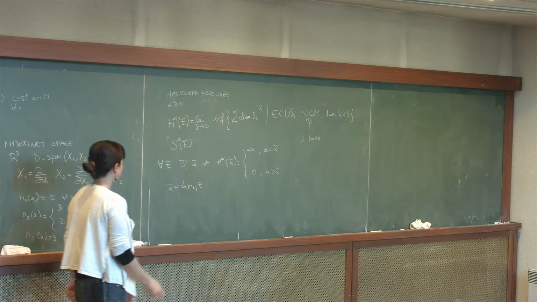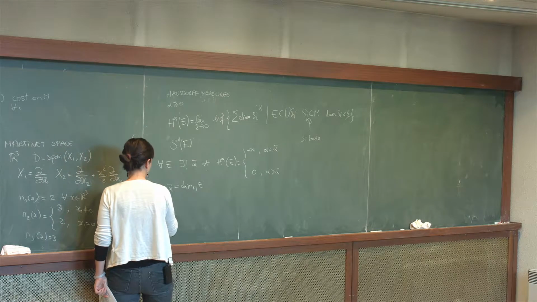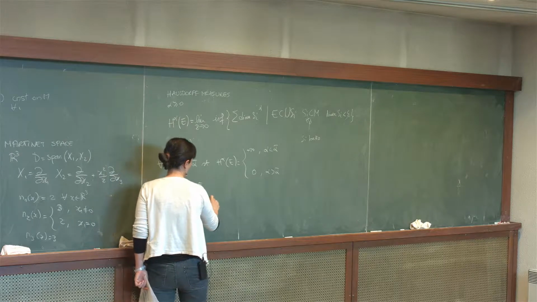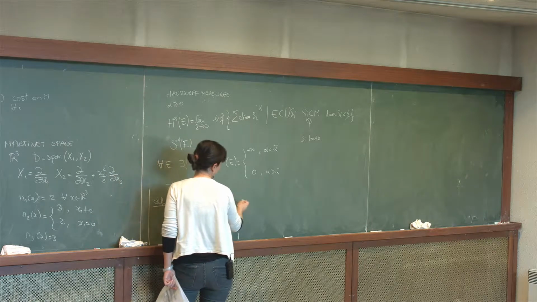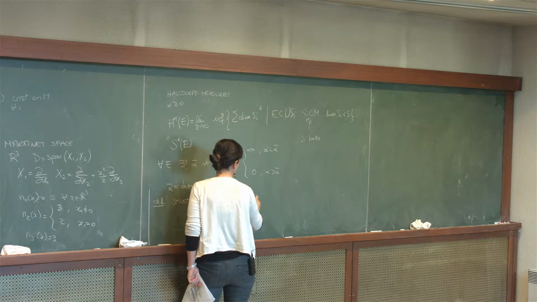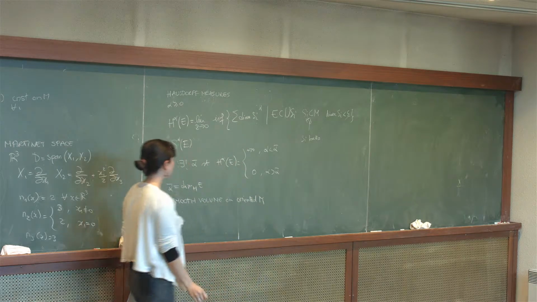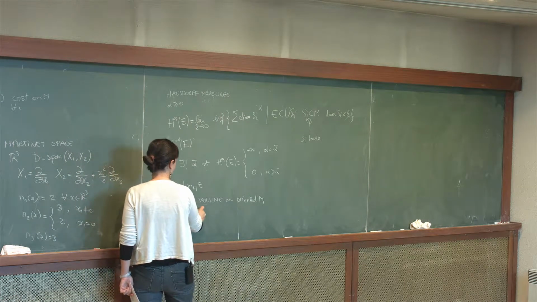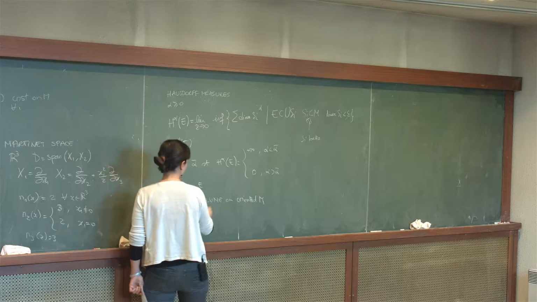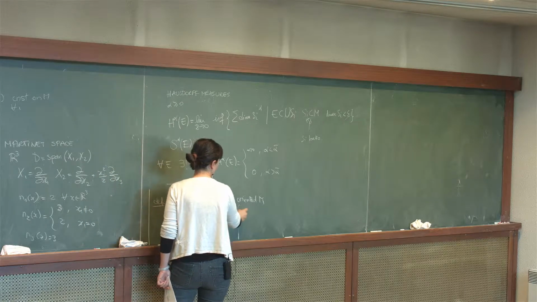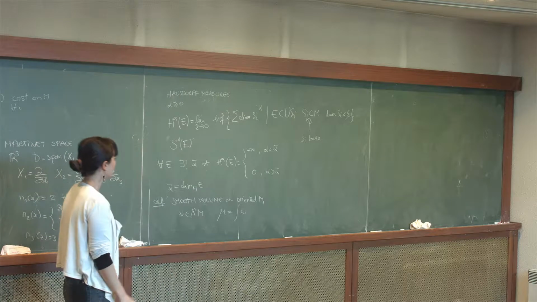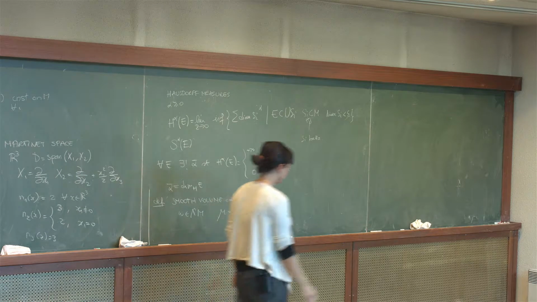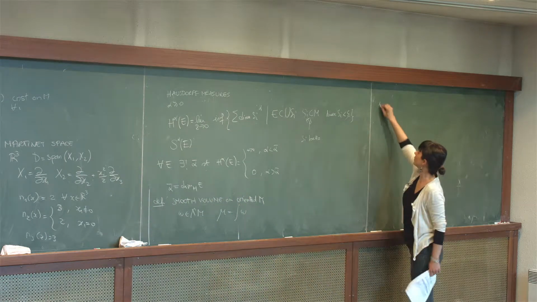Also, another notion of measure I will use is the one of smooth volumes on M, on oriented manifolds M. So I assume M to be oriented. I take a nondegenerate n-form, and I define a smooth volume as the integral of this form. Right, so the first part is about Hausdorff volumes.